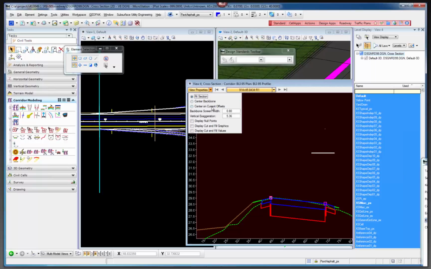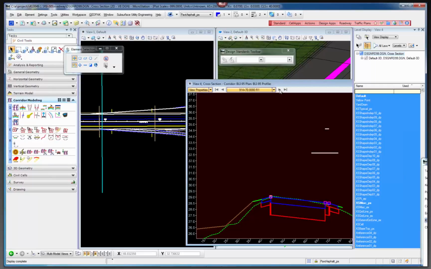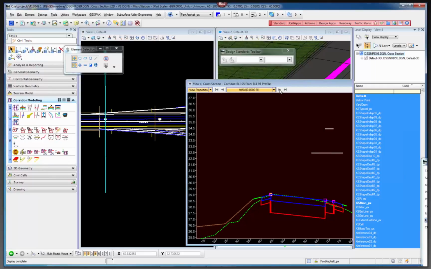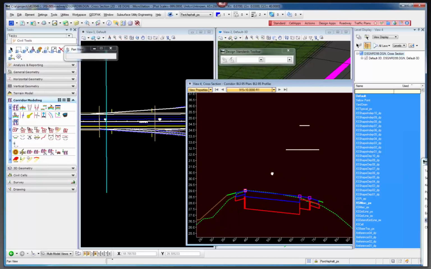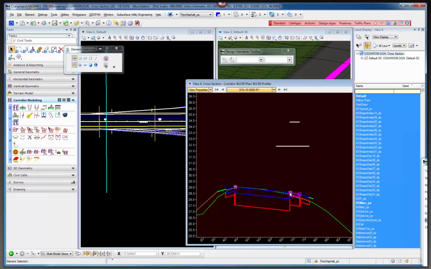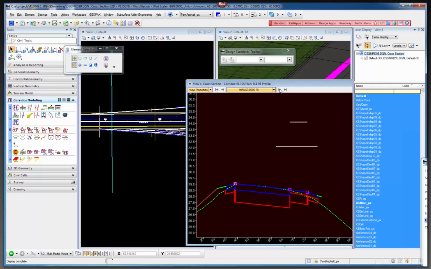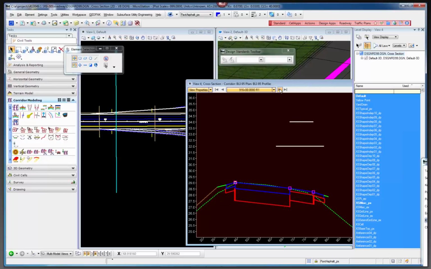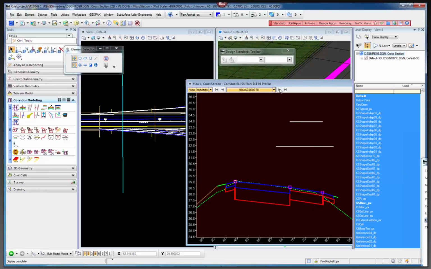And if I can get this to center on my current offsets, you'll see it start moving out. And the reason it has these two magenta boxes is because I've applied the, and I need to go back and show you that, I've applied the superelevation control to this point here from my ramp. But basically it's going to extend it out to there,